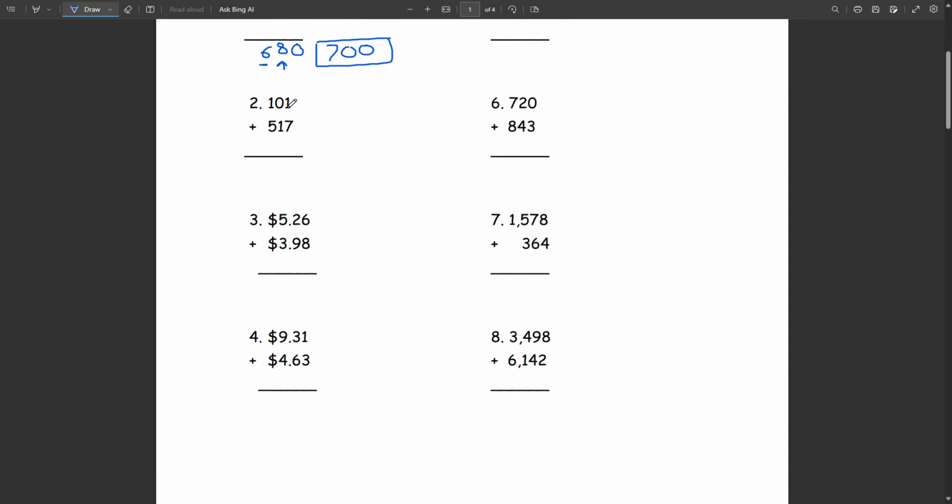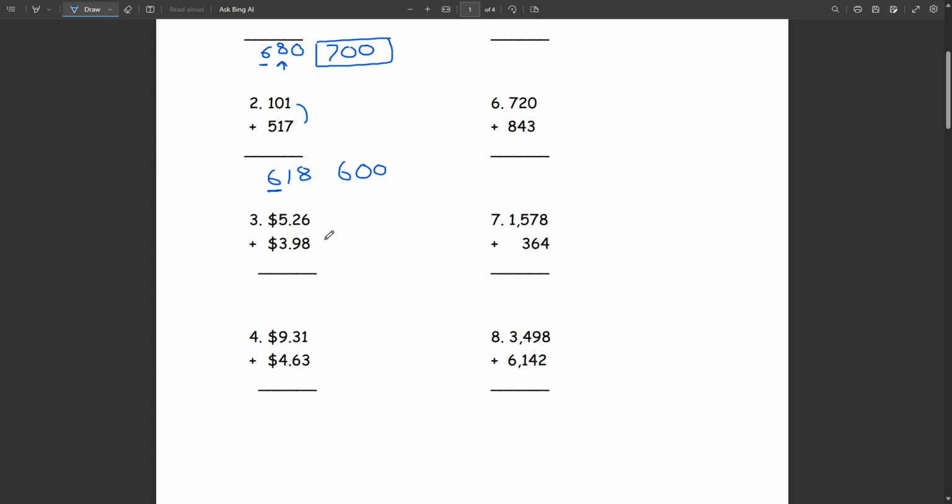Number 2, 101 plus 517. 7 plus 1 equals 8. 0 plus 1 equals 1. 5 plus 1 equals 6, so we get 618. We're going to round to this number. Since it's 4 or less, we're rounding down. It's just to our hundreds, so we're going to add zeros. Number 3,